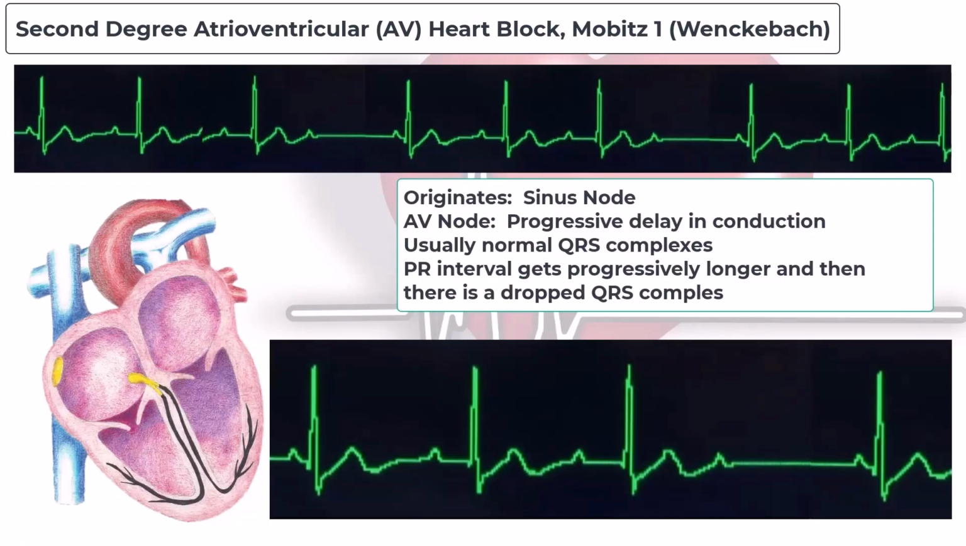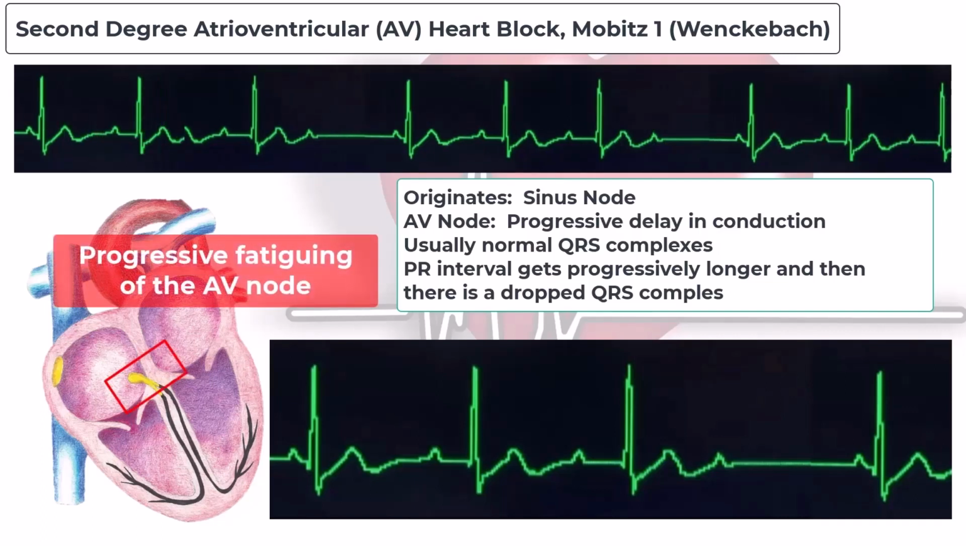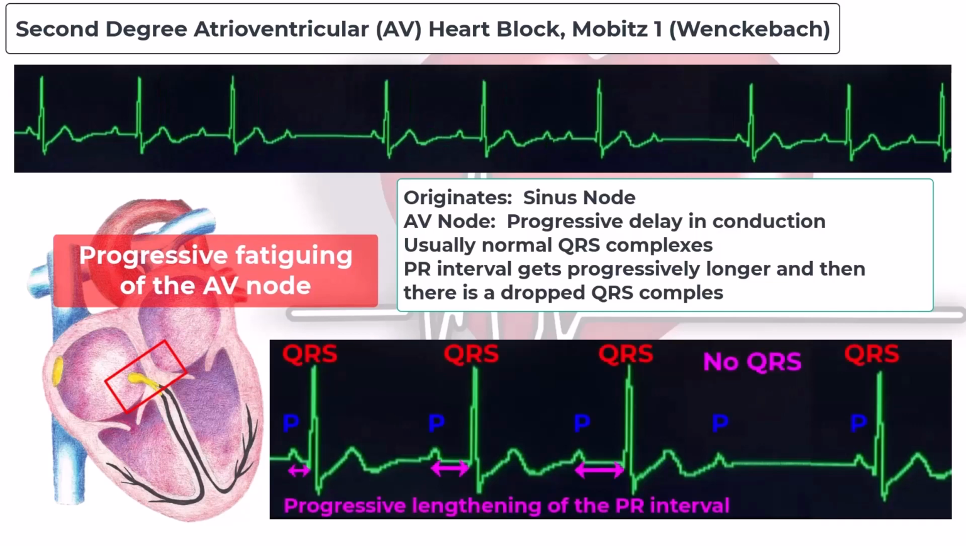This rhythm is normal sinus rhythm with second-degree atrioventricular block Mobitz type 1. Second-degree AV block Mobitz type 1 occurs due to fatiguing of the first third of the atrioventricular node. You will see a sinus rhythm with progressive prolongation of the PR interval until the AV node completely fatigues and